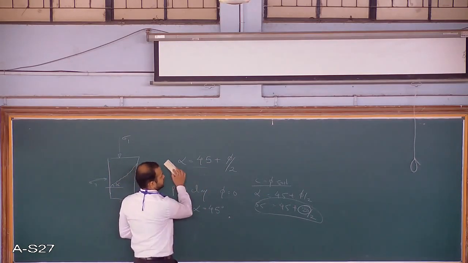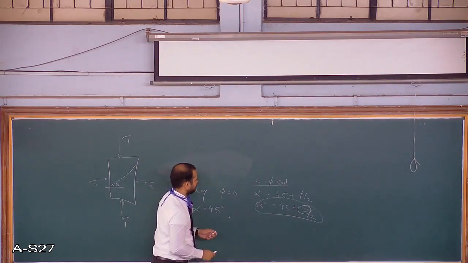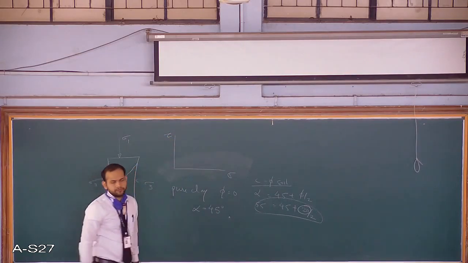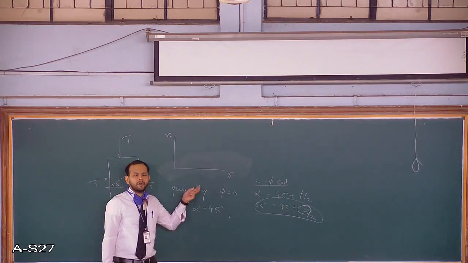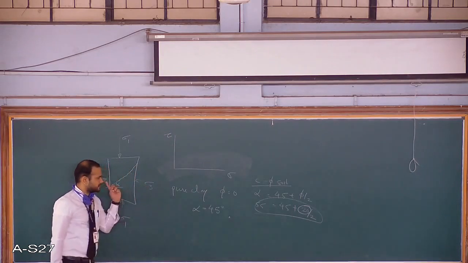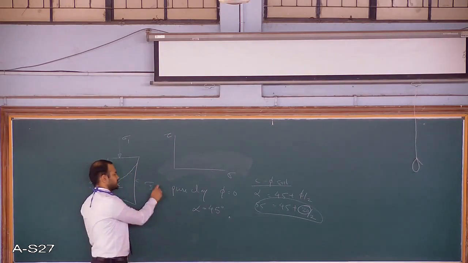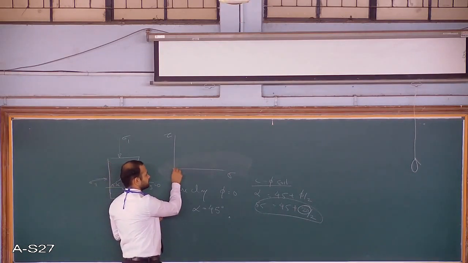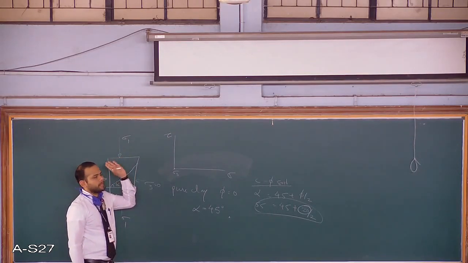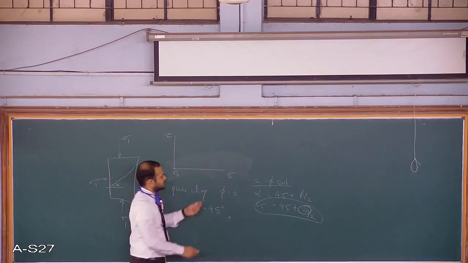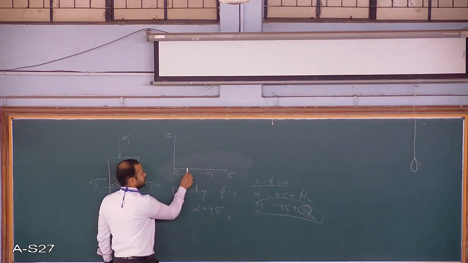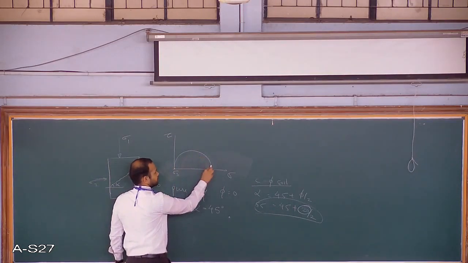Now, how is the Mohr circle for this? I can draw it here. The x-axis is sigma, the y-axis is tau. As you saw in the previous class, you have to plot sigma 1 and sigma 3 here. How will you plot? What is the value of sigma 3 in this case? It is unconfined, so sigma 3 is 0. It will start from here. You apply some stress, say 100, and it fails. So sigma 1 is 100. That's it. You find the center and draw the Mohr circle.